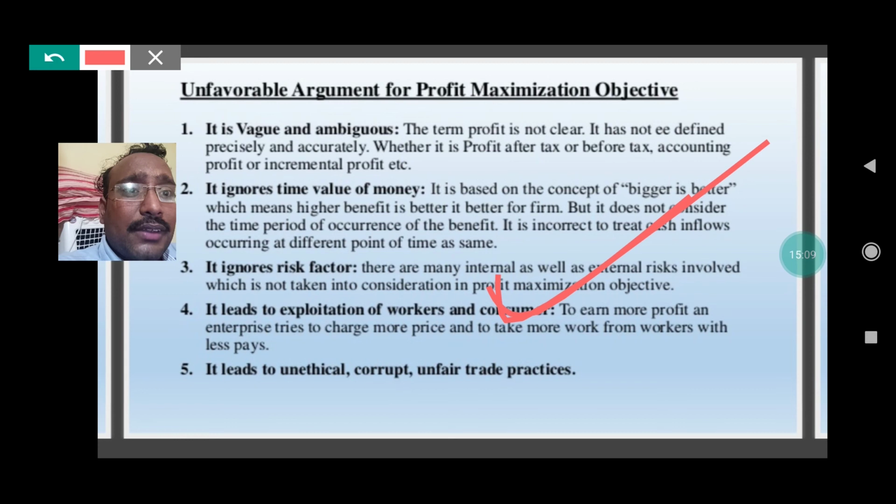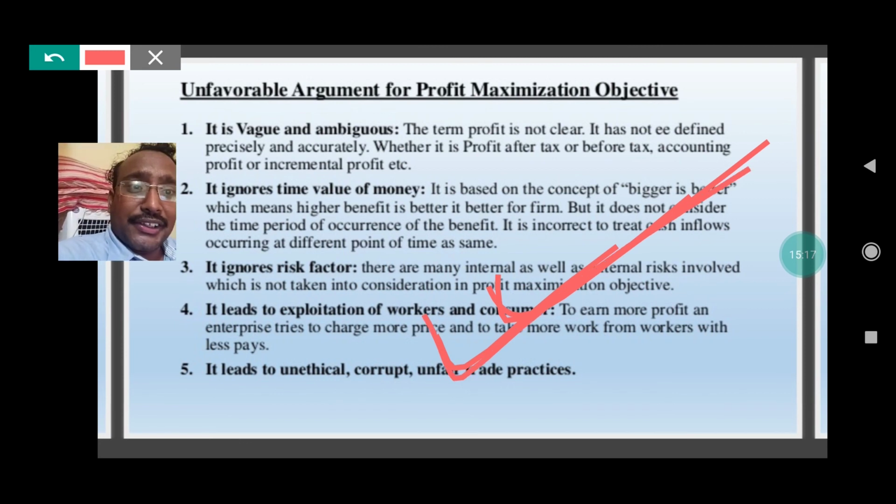Then, it leads to unethical, corrupt and unfair trade practice. Sometimes profit maximization might be unethical, corrupt and unfair trade because there is no ethical practice in profit